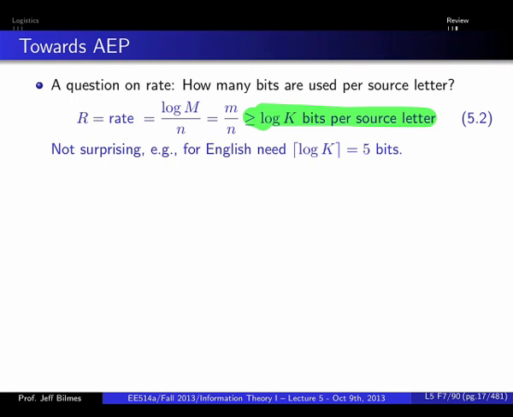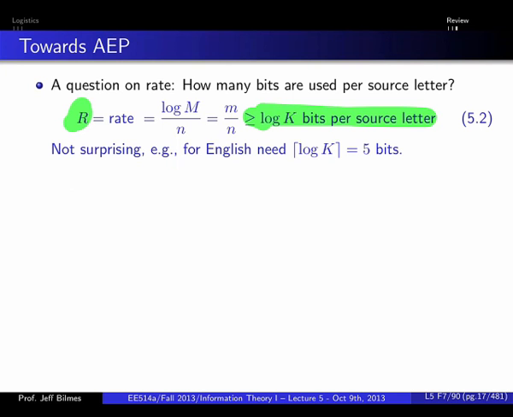And so rate is sort of a quality. This is a really important concept. This rate is going to be a quality that we're going to be using for source coding. Do we want high rate codes or low rate codes? High rate. So we want to use a lot of bits per source message. So does everybody agree with that? No, sorry, say again? The other way around. Which means what? Somebody say it. So more source messages per. Right, so we want to have fewer bits per source message. So we want to have the fewest number of bits per source message, so we want to have a low rate code.